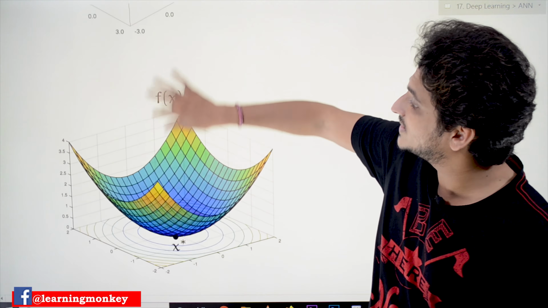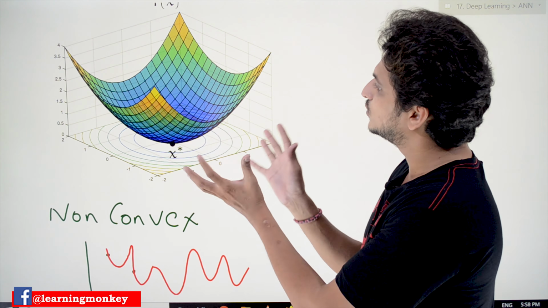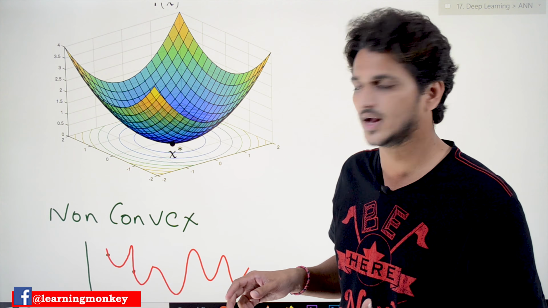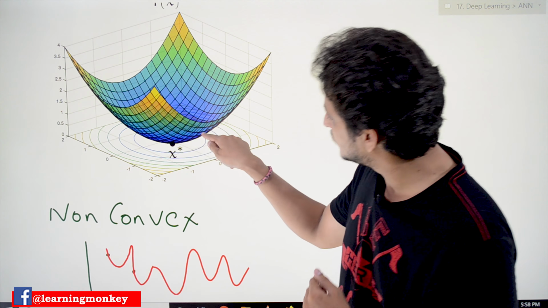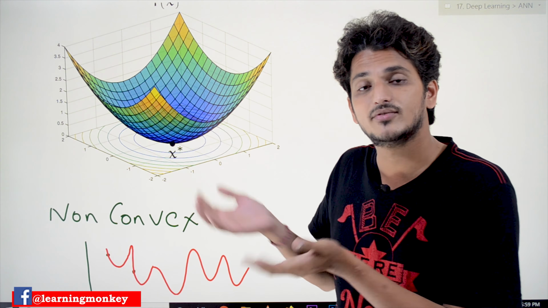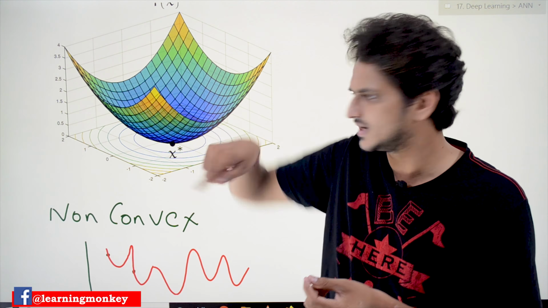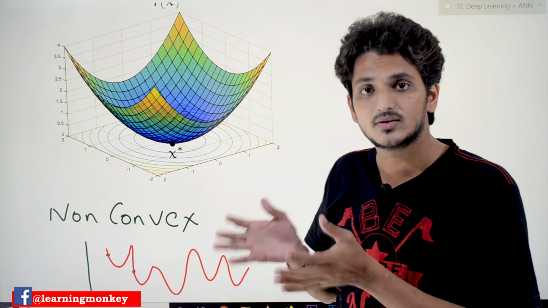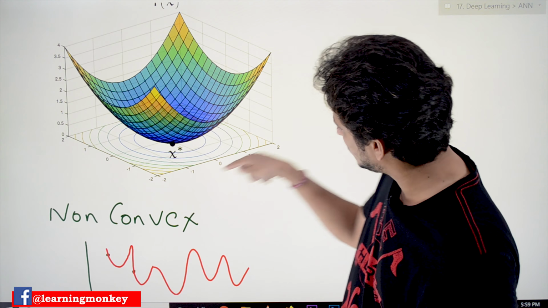Now let's understand what contour lines are. Let's take a three-dimensional convex function. To draw contour lines, we take points that have the same height. If you take a point here, a point here, and a point here, the points are all at the same height from the bottom. If you connect all those points, it will form a line like a circle. We call that a contour plot. If you draw it for all the heights, we get contour plots like this.